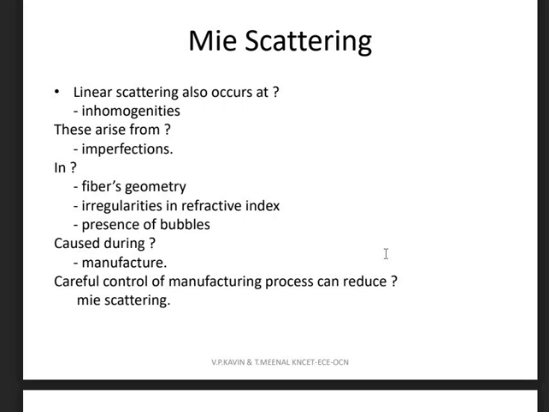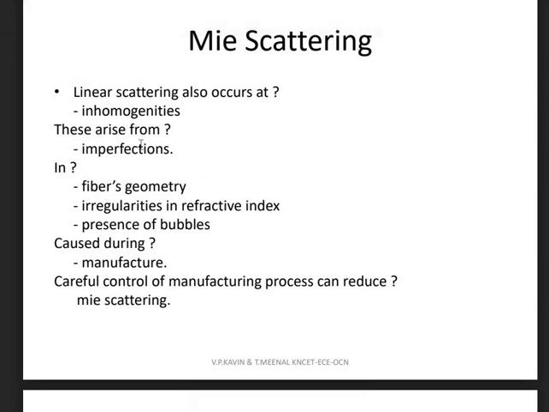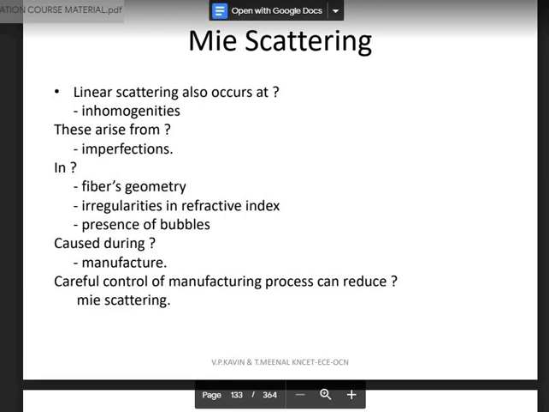It occurs due to inhomogeneities, and the scattering created by such inhomogeneities is in the forward direction. So it arises from imperfections. If there are any irregularities in the refractive index, or any bubble surface, it is mainly caused by the manufacturing and fabrication process. So you can control it. If you want to reduce Mie scattering, how can you reduce it? By removing imperfections, by carefully